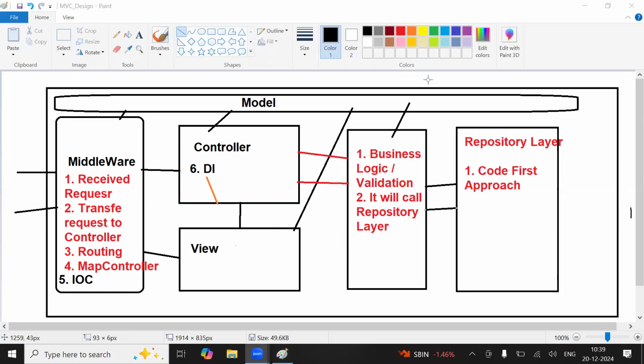Till such time, we know what is repository, what is view, what is controller, what is middleware, what is model. Now we are introducing a new layer. This is the last layer in MVC. Everybody clear? Say yes or no. Everybody clear or not? Please say yes or no. Yes, sir. Okay, fine. So now